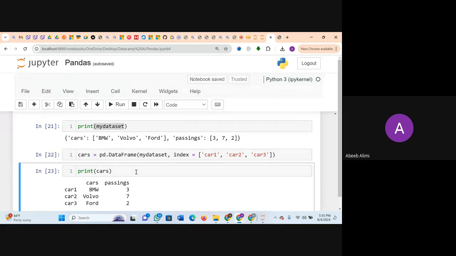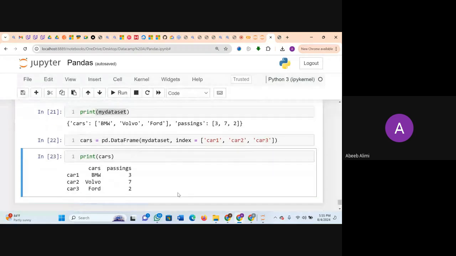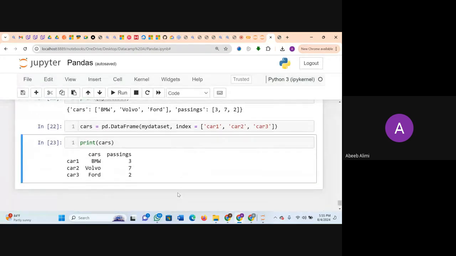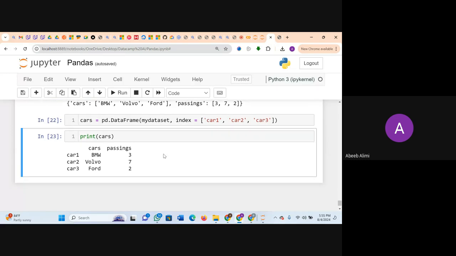So let me just go over this again so that we can get what I'm saying. After this index, we are going to talk about LOC and ILOC, which is location and integer location. I hope the time permits us. But if you don't really understand the aspect of these indices, understanding LOC and ILOC might be very difficult for us to get. So because of that, I'm still going to go over it again for us to understand it.